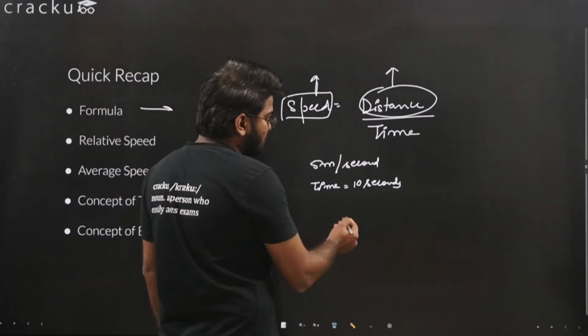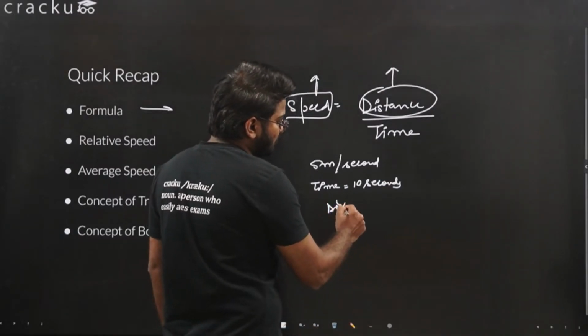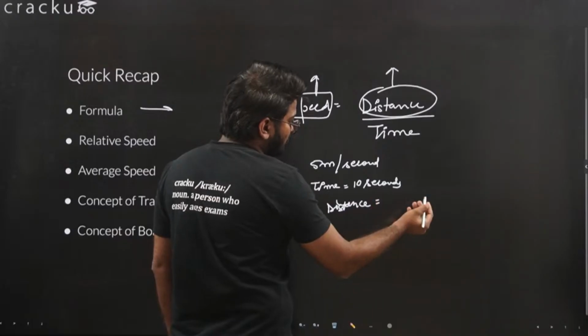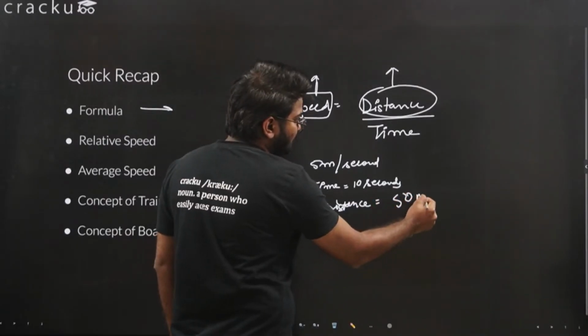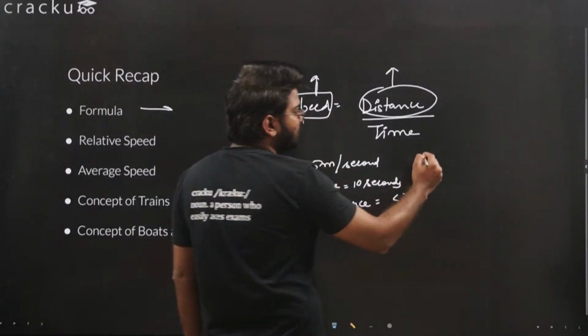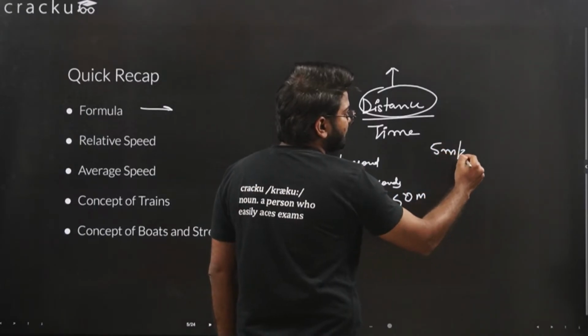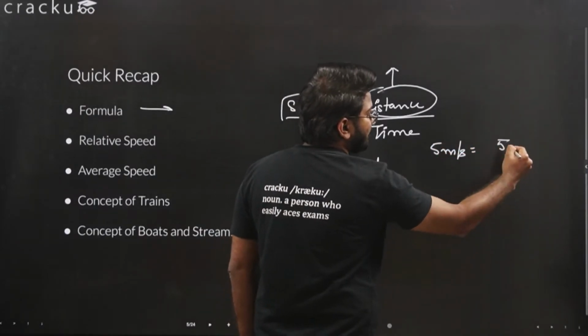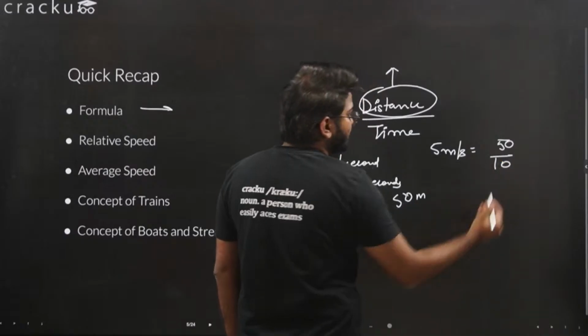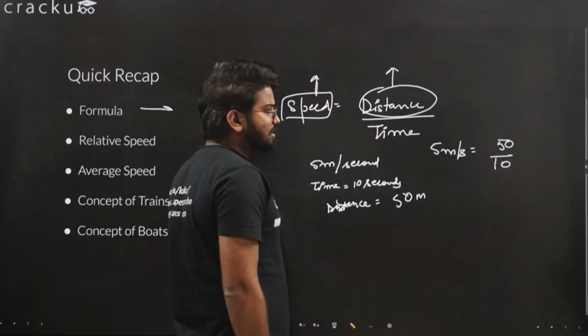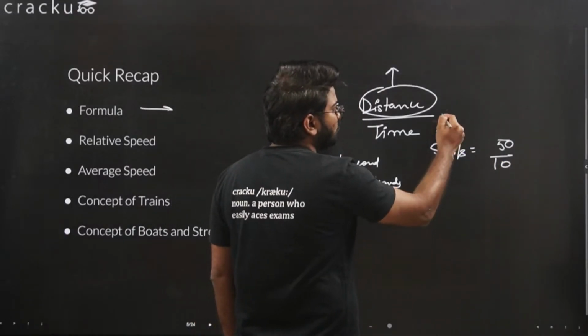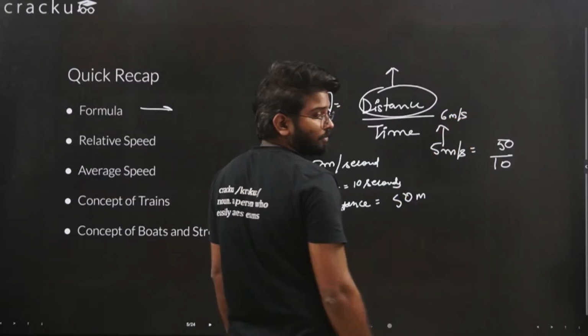So your distance will be what? Distance will be 50 meters. Now you have the relation: the speed is 5 meter per second, your distance is 50, your time is 10 seconds. Now if you increase the speed to 6 meter per second,